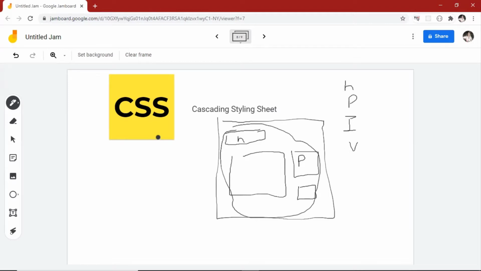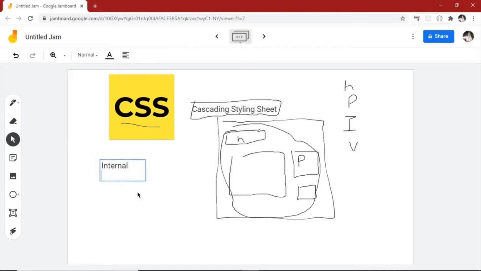So moving on, CSS, as I told you, is used for the styling of the website, but there are three different types of CSS. Naming them, they are internal, external, and inline.